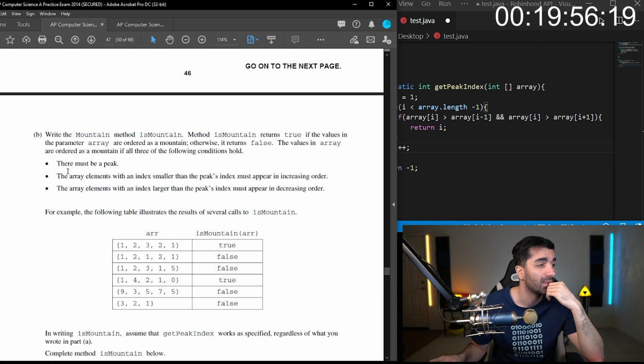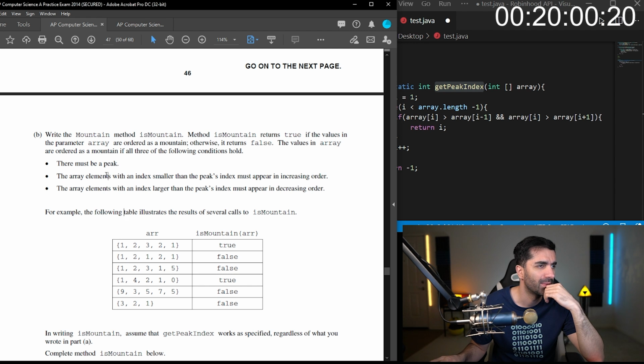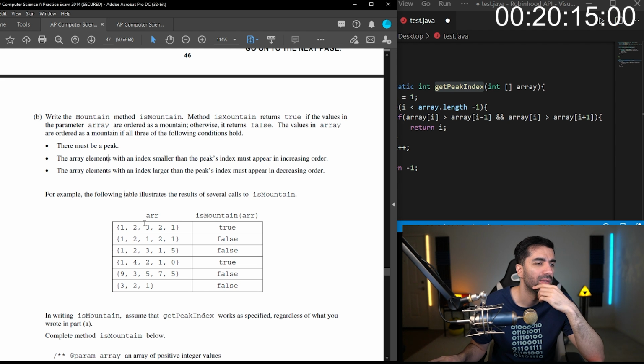There must be a peak. Is that what we had? Okay. The array elements with index smaller than the peak index must appear in increasing order. The array elements with index larger than the peak's index must appear in decreasing order. Okay. Interesting.